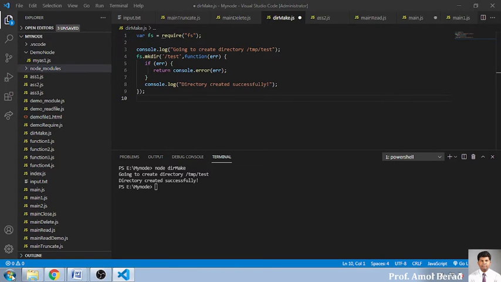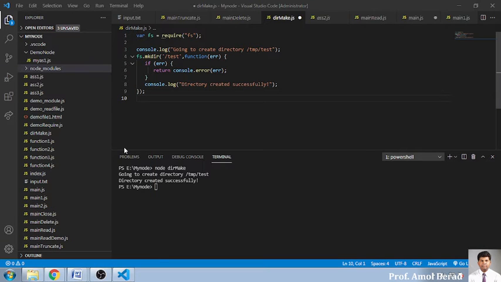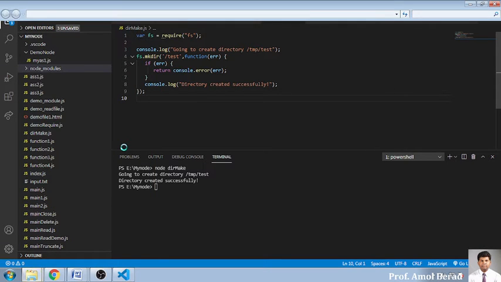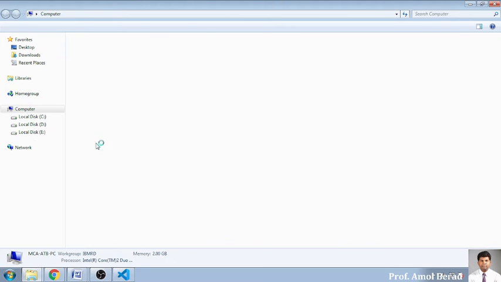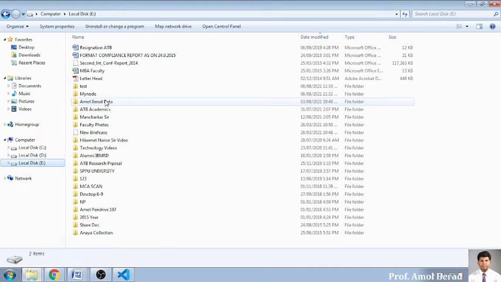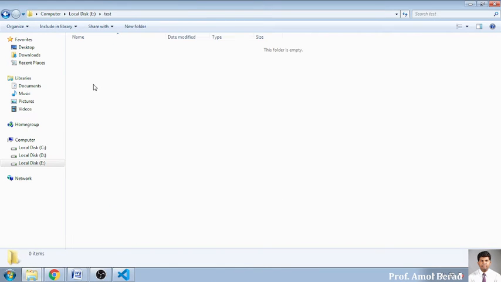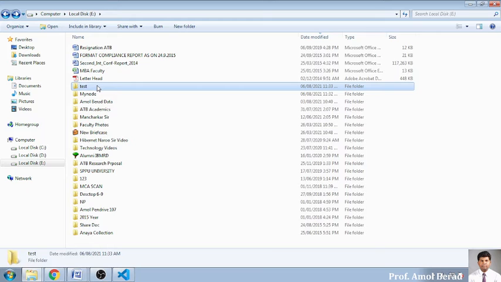I will show you where it is created. Actually my project is in the E drive, and there is my node. See, it is created over here. My path was wrong, that's why it was created here. So see, the test folder is created.